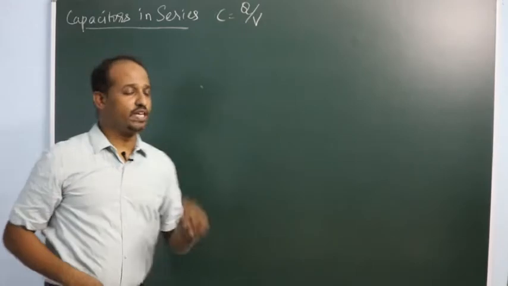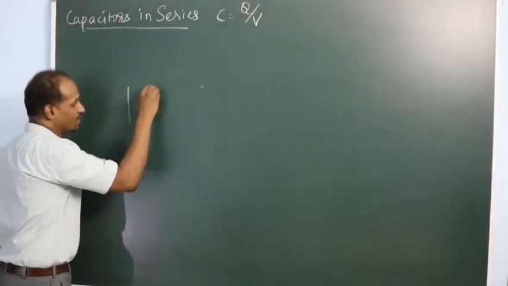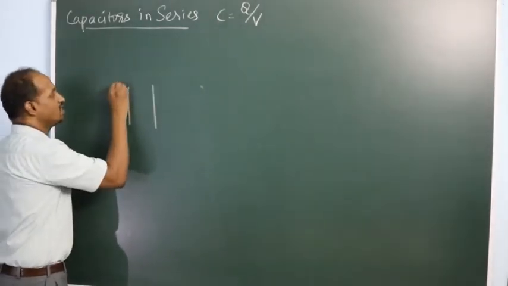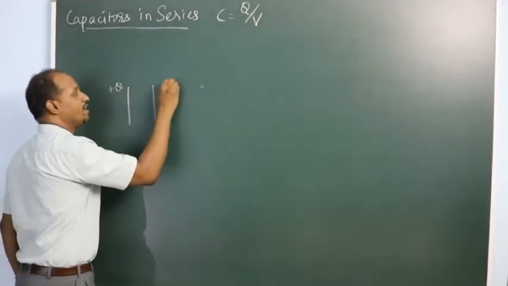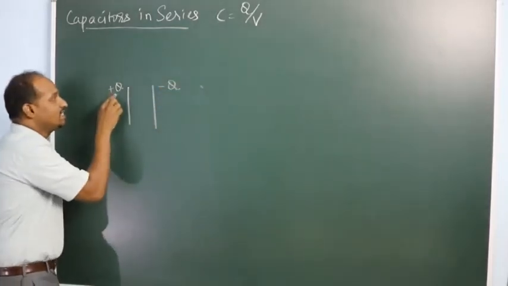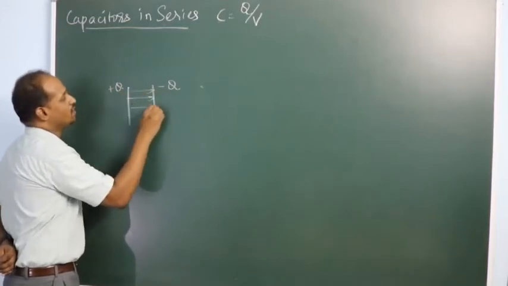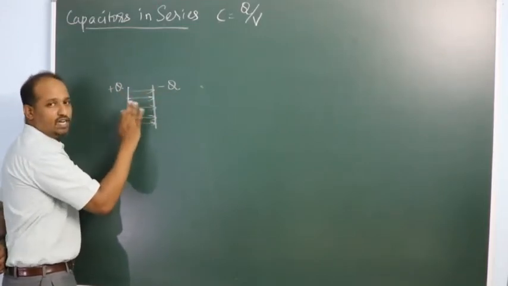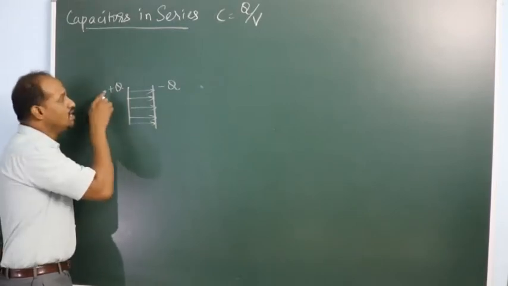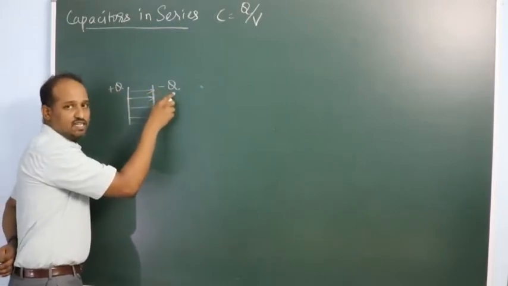You need to understand two things. Suppose there is a capacitor and there is a positive charge on one side; an equal amount of negative charge will be built on the other side. Lines of force will travel from positive charge to negative charge, so an electric field will be set up across the capacitor.